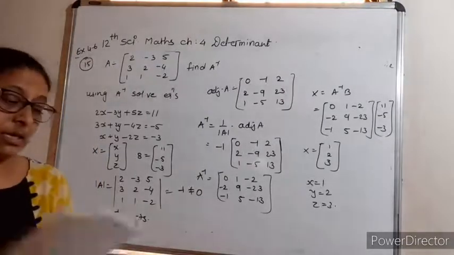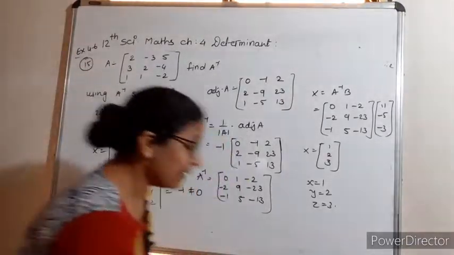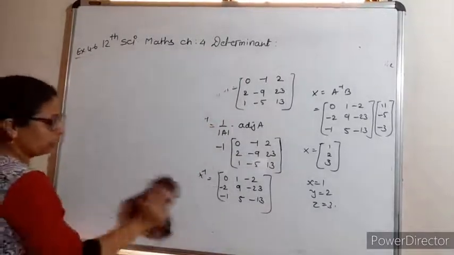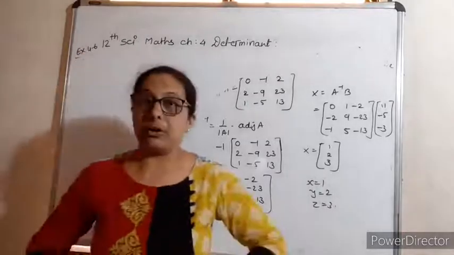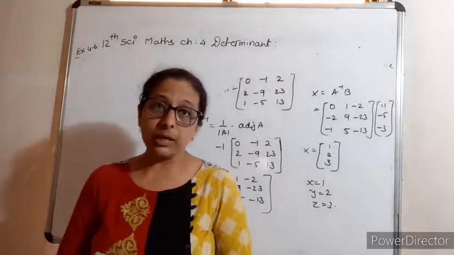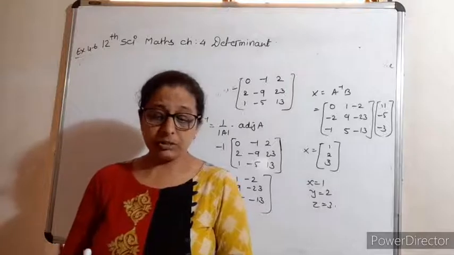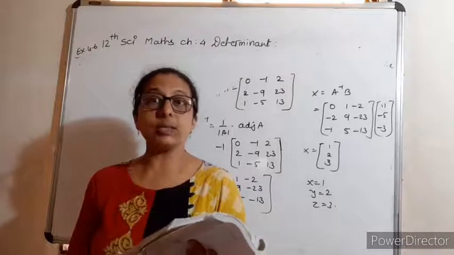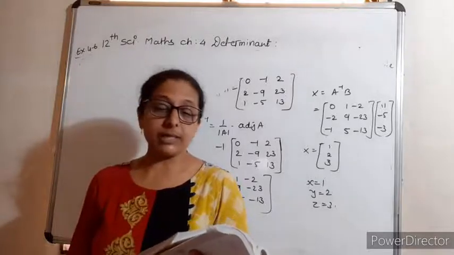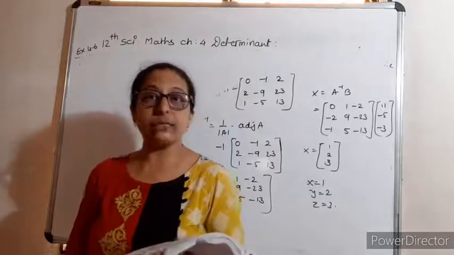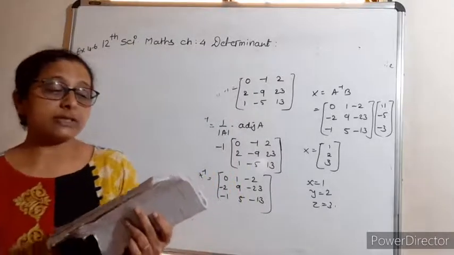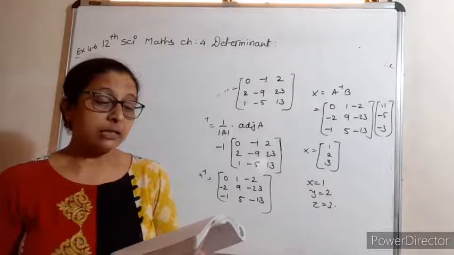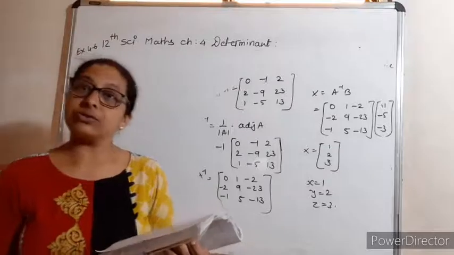Okay? Yes. Now question number 16. That is the word problem. I will form the equation for you. You will solve it yourself. Do not do it here. So here, the cost of 4 kg onion, 3 kg wheat and 2 kg rice is rupees 60. The cost of 2 kg onion, 4 kg wheat and 6 kg rice is rupees 90. The cost of 6 kg onion, 2 kg wheat and 3 kg rice is rupees 70. Find the cost of each item per kg by the matrix method.